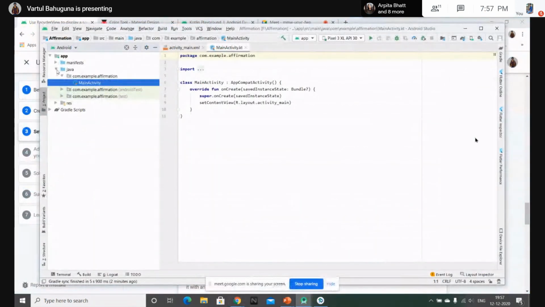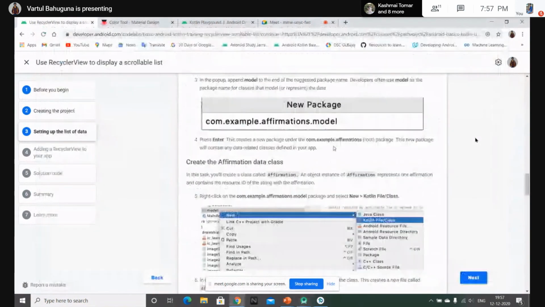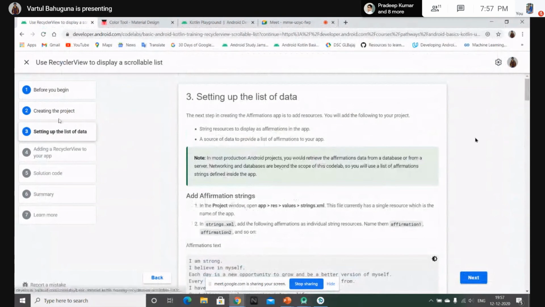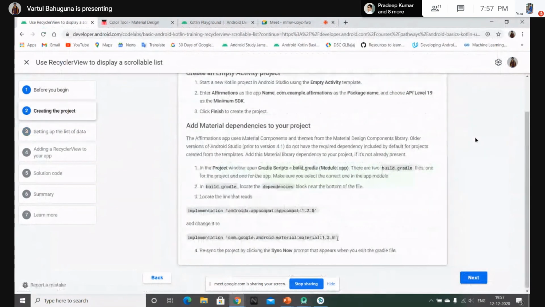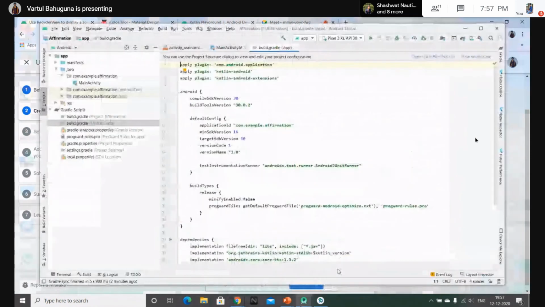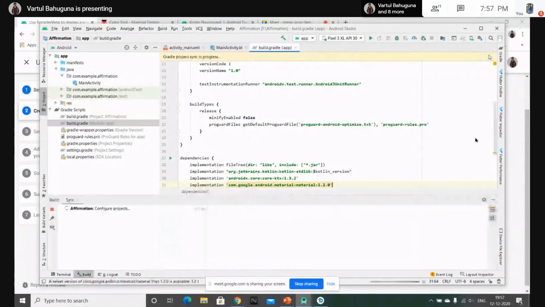So let's do what it says. Going to the build.gradle at the app level, and then adding the dependencies of the material library. To add those dependencies, just change this appcompat to the dependencies I provided and then sync now.